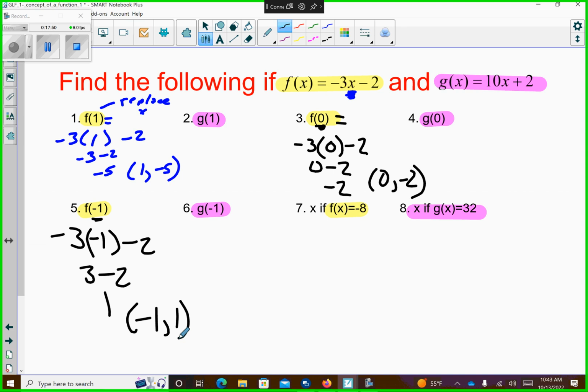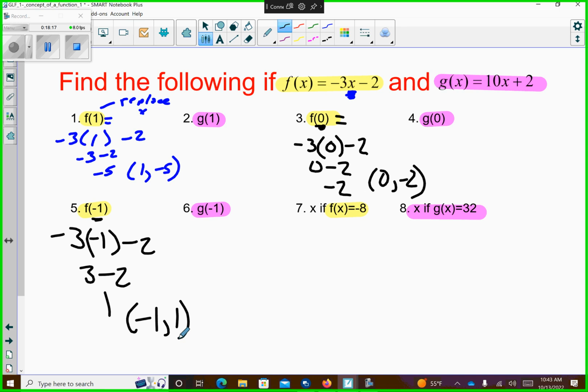But I want to go to number 7 first. Take a look at number 7. Does number 7 look like it's written a little bit differently than 1, 3, and 5? Do you agree? So what this means is this says f at x is equal to -8. Look where f at x exists. It's where y would have been. Agree? So I'm going to take this equation and go -8